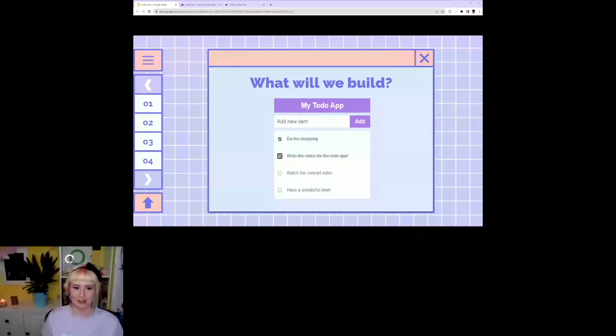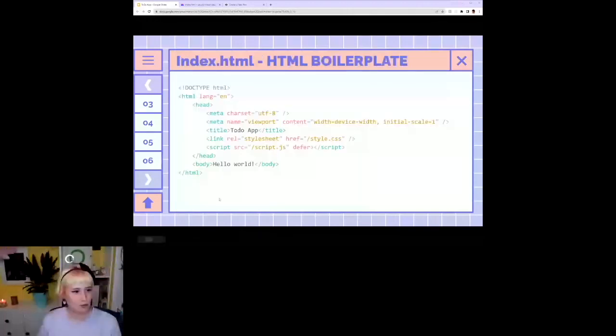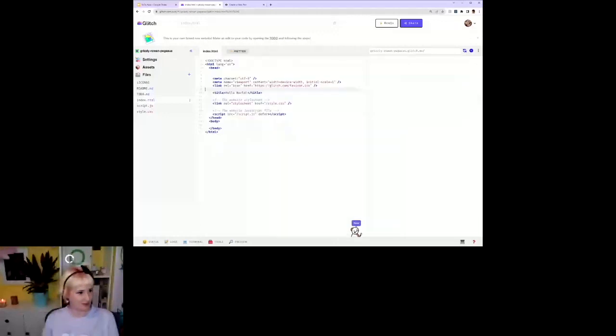let's get our index, style, and script set up. So our HTML, we're just going to go with some boilerplate HTML here. Get to watch me type again. Sheet. And just delete everything inside the body. That's much faster. We've got our